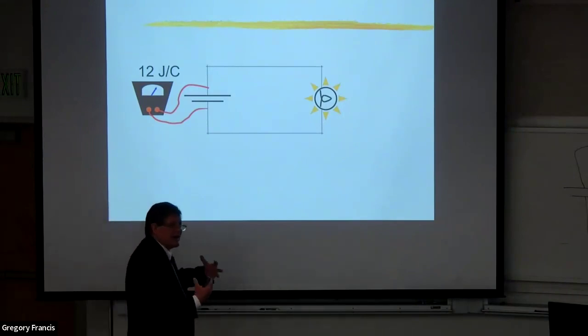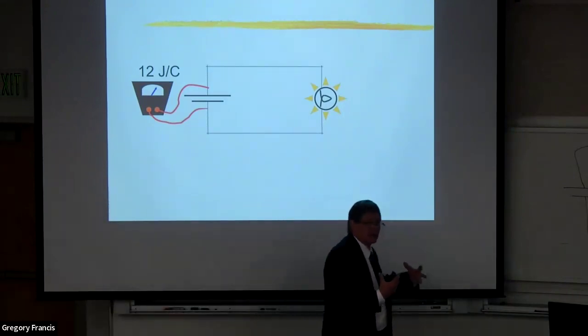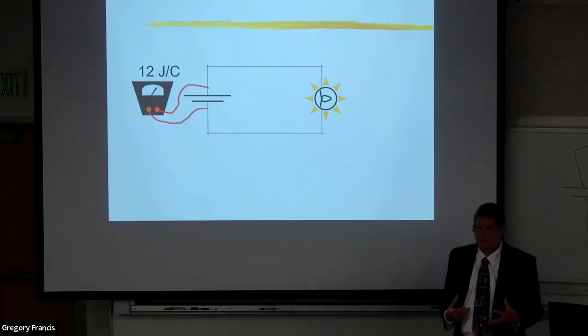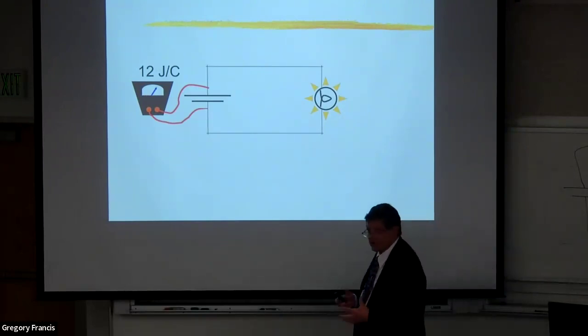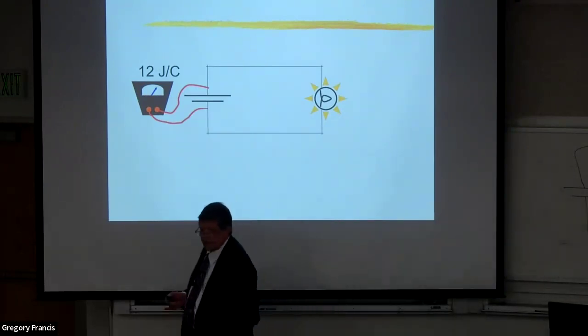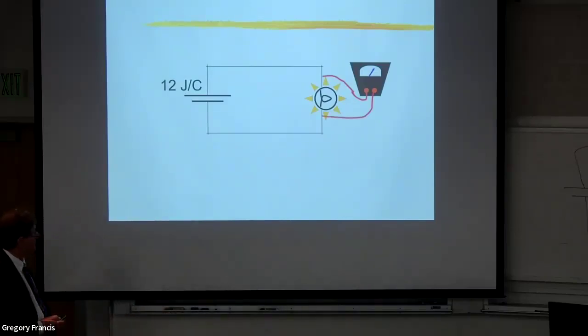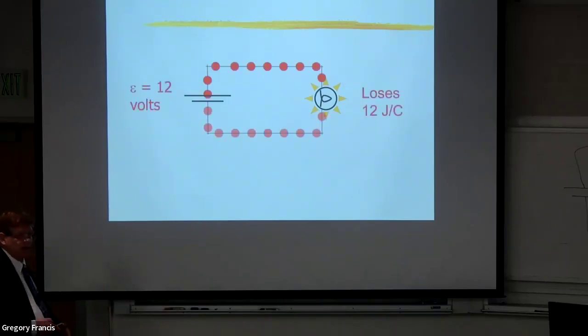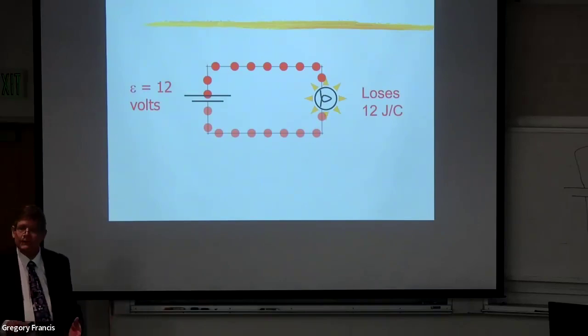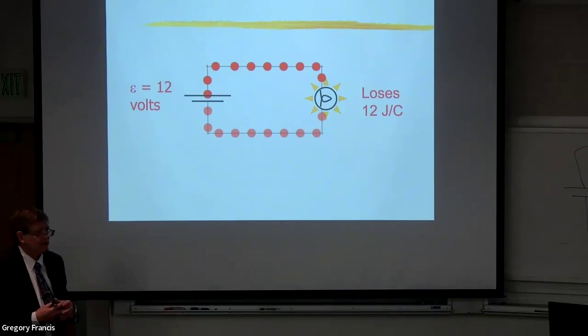And we interpret that as energy, electric potential energy, given to each little dump truck, each little coulomb that goes through the battery. If we measure the voltage across that single bulb that's bright, again, we measure 12 volts. And we interpret that as a loss of energy, or really just a transformation into heat and light, other